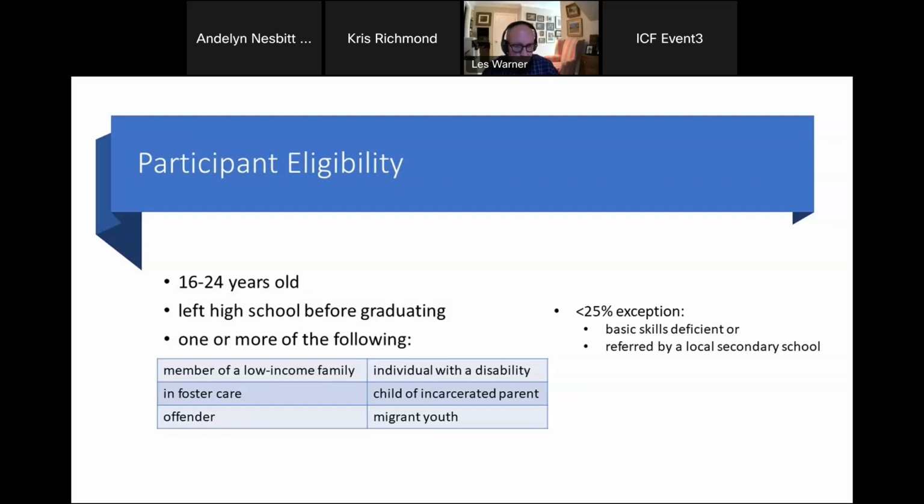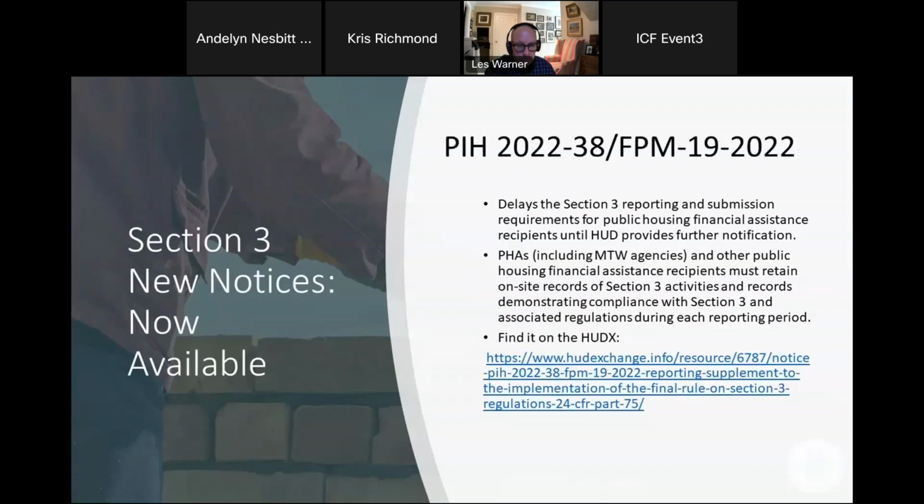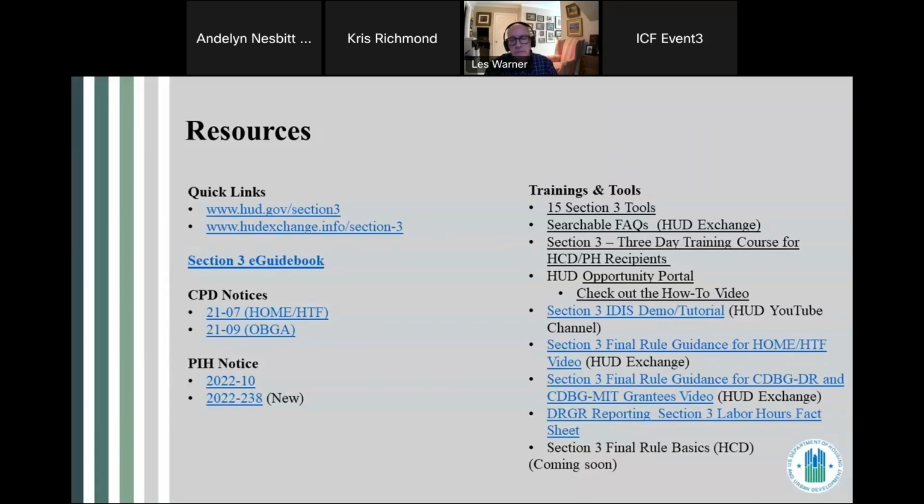I work for the Hartford Housing Authority in Connecticut, and I think we have a good Section 3 program running right now. I think we've implemented the final rule and have that going already. One of the major issues that we're running into now, especially since I just sent out the 2022 audits to all of our vendors, is the more one-off services.